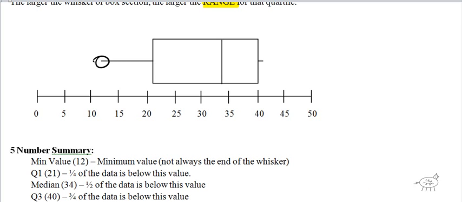Okay, Q1, that's the first quartile. That's 21 right here. So this is Q1. And again, this is the minimum. Q2, which is the median, is 34. So this is the median, or sometimes we say that as Q2. Q3 is 40. That's the next quartile. So basically, you have 1/4 of the data here, 1/4 of the data here, 1/4 of the data here, and then this guy right here,